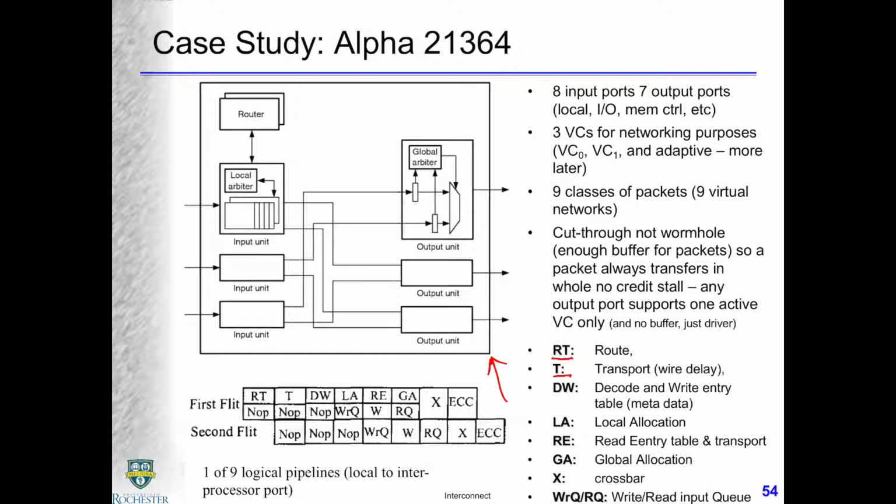Okay, and then the route computation and what we call virtual channel allocation was sort of distributed into a lot of different stages. So here's decode and write table entry. What that means is data comes in from the channel. Okay, we need to compute where to go and then decide which virtual channel, then we write it in. We write the entry and metadata into the data structure, put it in there,